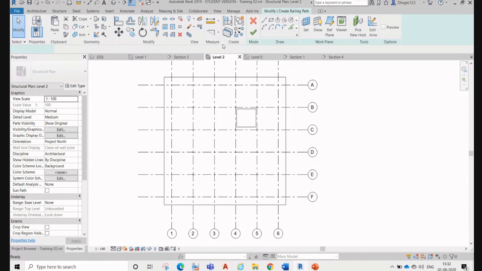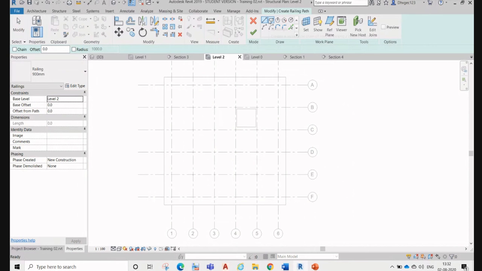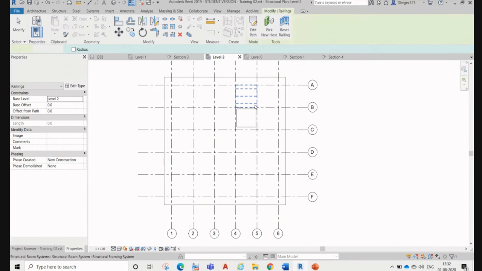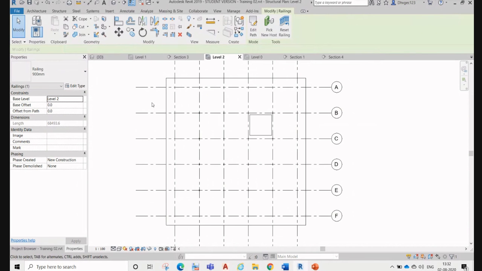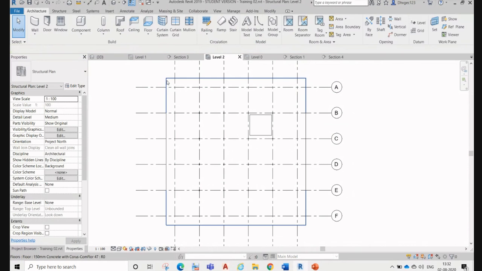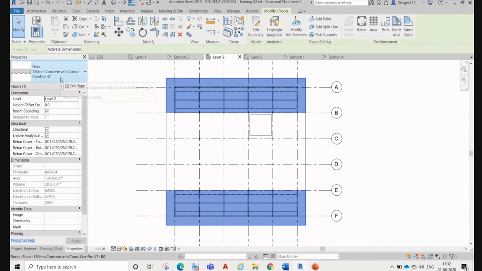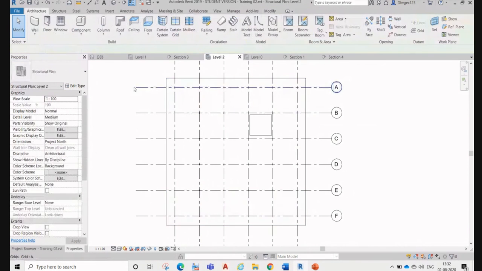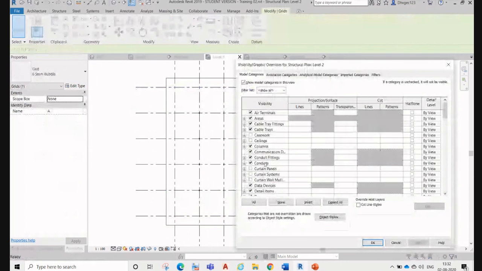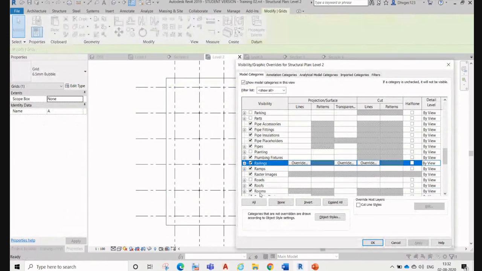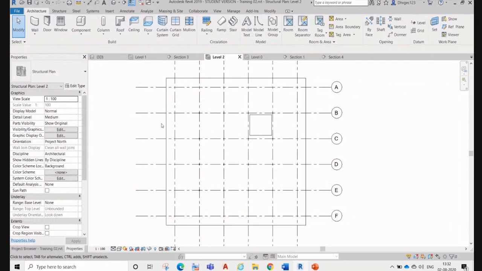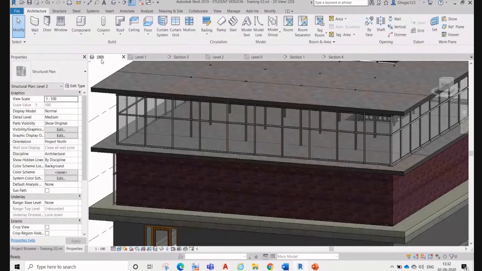So now for level 2, we are going to just create a rectangle. Okay, it's created, but it's not visible because we are in a structure. We have to do drilling on. No, it is not visible over here.